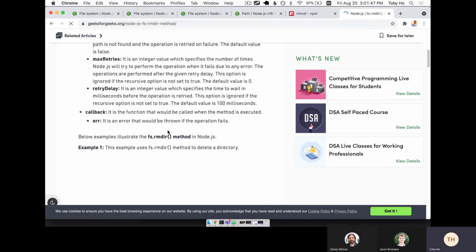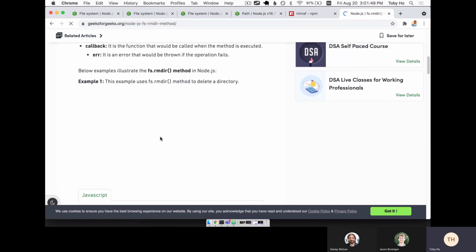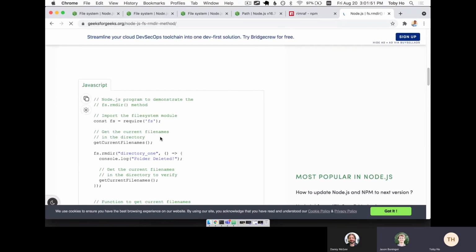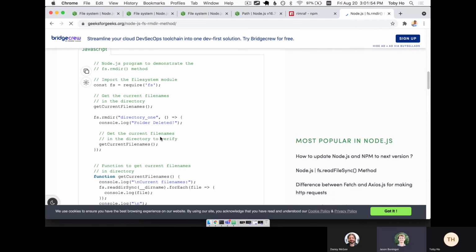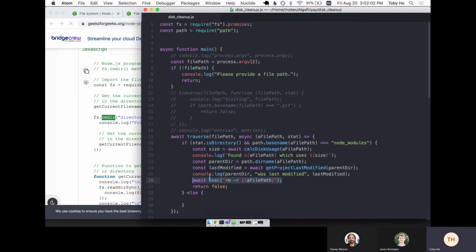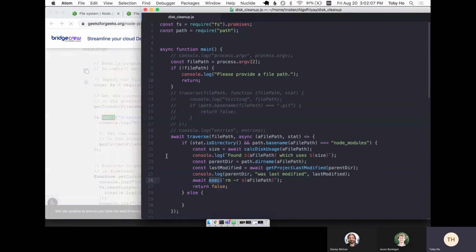Okay, this is the one you're talking about, Jason. I think so. I can't remember. There's one that they deprecated and one that isn't, but there is absolutely a way to do it. I think it's that one. That's the current one they want to use. Okay. So yeah, we could use this. I'm gonna assume